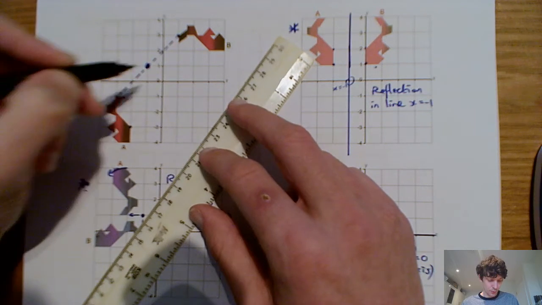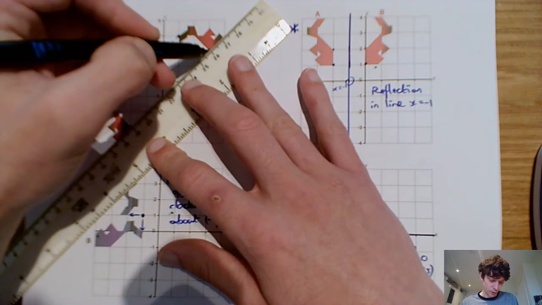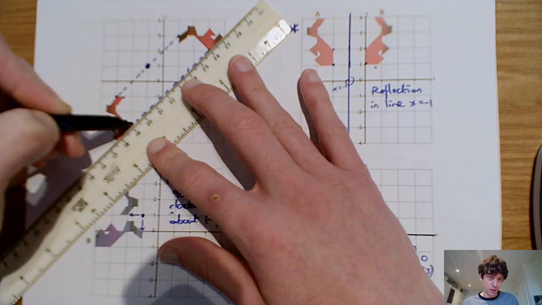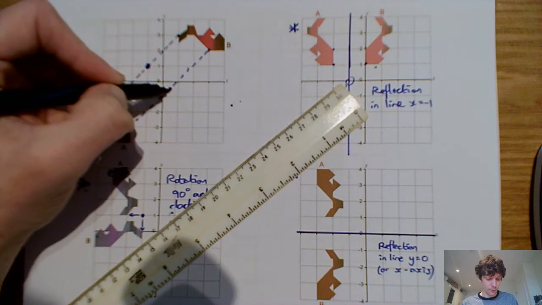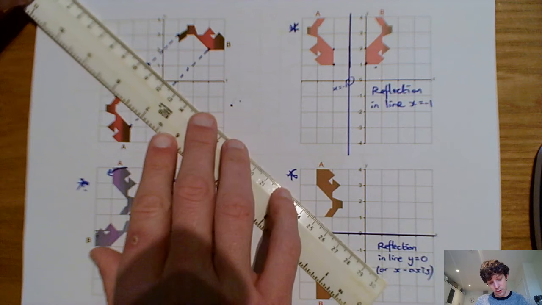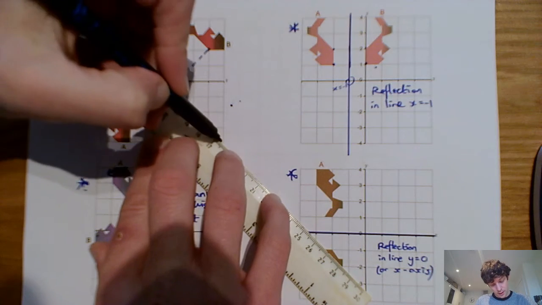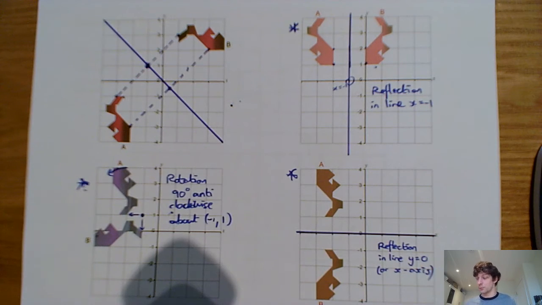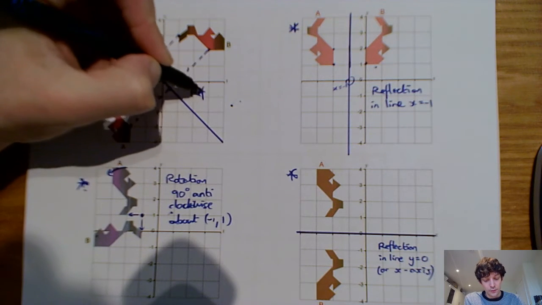Let's pick out another point. So let's pick out the top of the back of the rabbit there. And I can join those up. That's 1, 2, 3, 4, 5 diagonal squares. So my mirror line should go through 2.5 diagonal squares in between. And then I could do that for more points if I wanted to, but I think I can probably just draw my mirror line between those two. If I wanted to be absolutely sure, of course I'd do another point. So we would say that is a reflection,